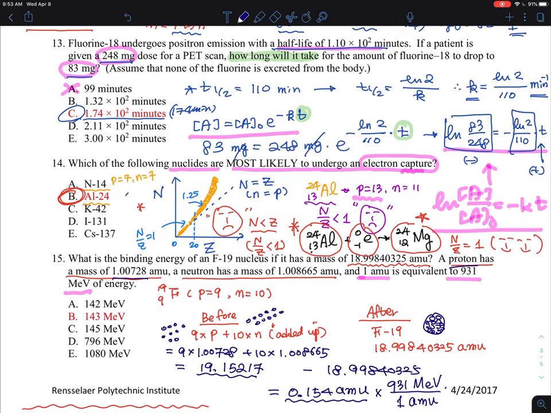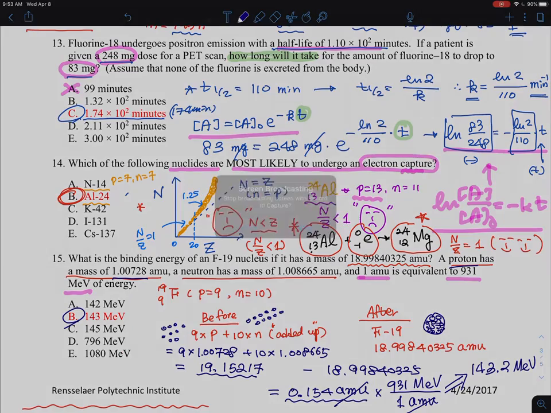The AMU goes away, and you get 143.2 mega electron volts. Okay, so that's the answer. I solved these three problems, and then